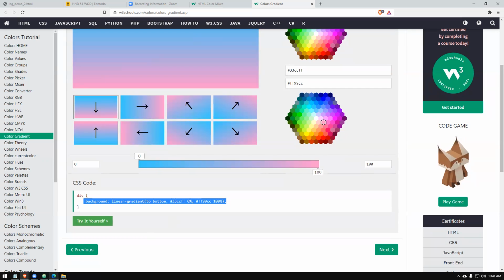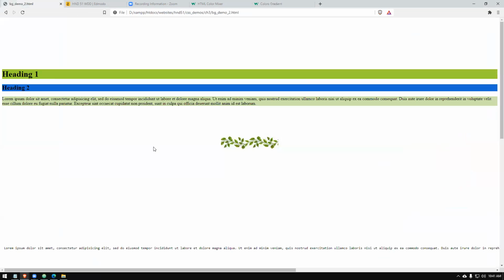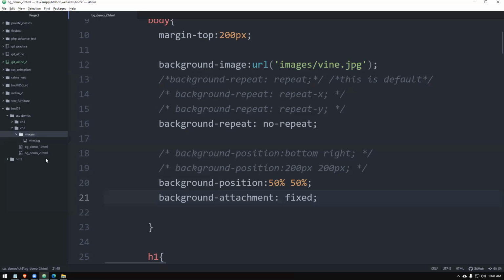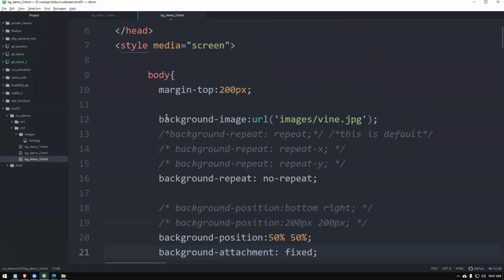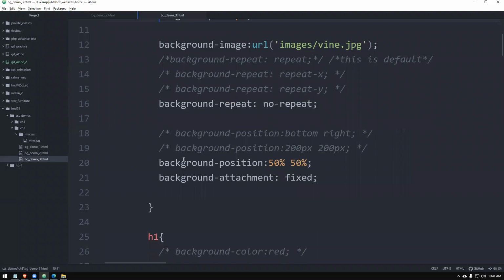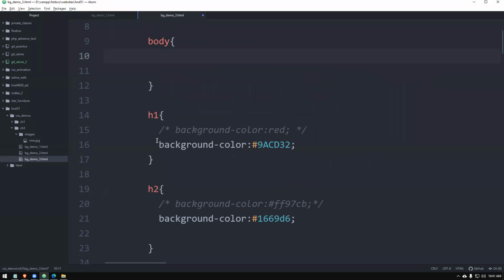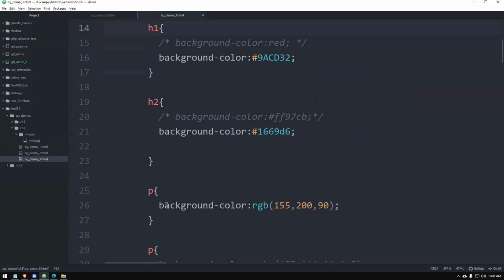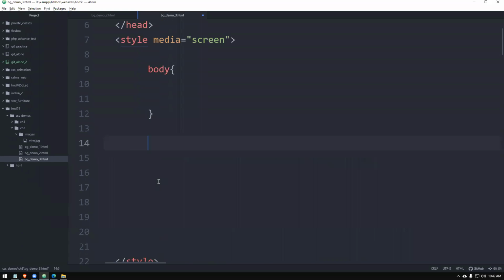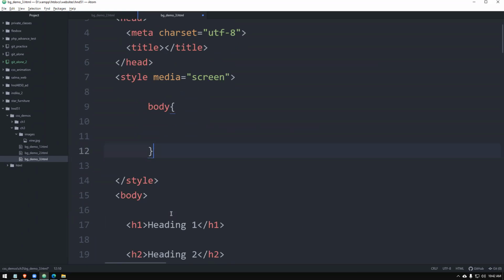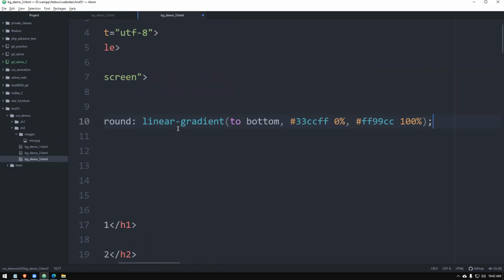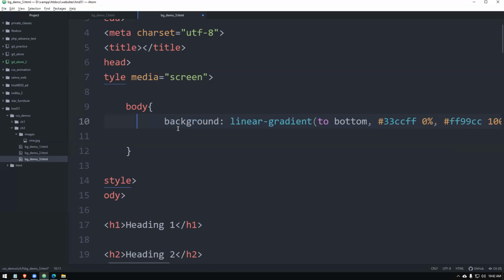Before we do that, we will go here to the web page and we will duplicate this page. So we'll have that to practice. So bgdemo 2, we will duplicate it to bgdemo 3. In this one, we will delete the CSS code. We don't need that. This code also I don't need. I will delete everything, just have the body syntax only. Inside this, I will paste in the code that I copied now, just to save some time.